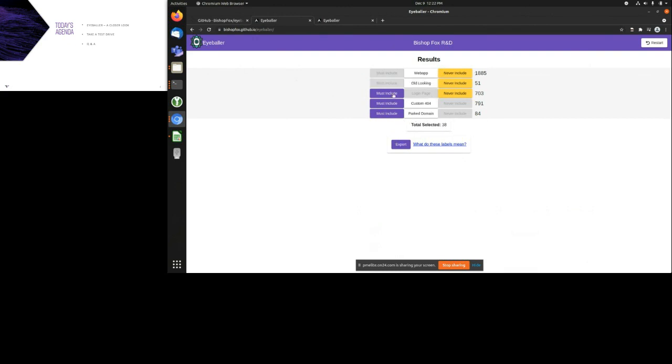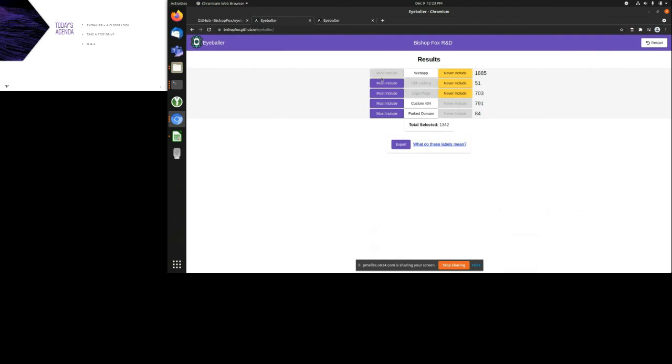Basically, you can play around with these. If you wanted to get, for instance, things that are web applications but are not login pages, you can do that here. Or things that are only login pages, you get 324 of these, and you can export those results to then look at them.